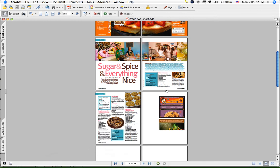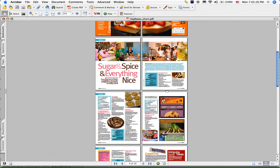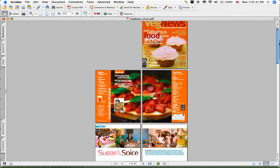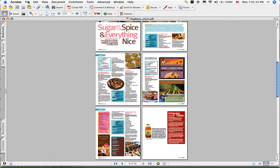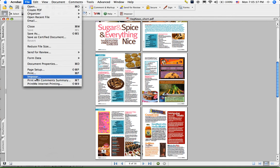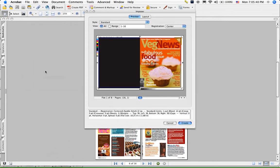We have a PDF file here of the exact same layout I was just working on. As you can see, all my pages look pretty good, and they're exported directly out of Quark Express as PDF files. Let's go ahead and open up Imposer under File, Imposer. And as we're in this layout, you can see the interface and feature sets are identical. You can even use the same imposition styles that we just saw in Quark Express. So if I select my style, select 8-up saddle stitch,